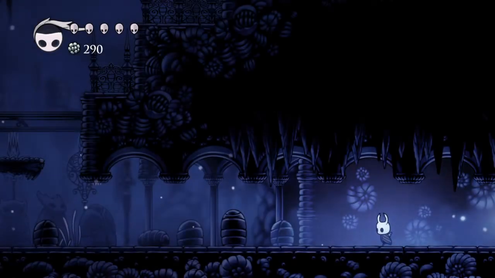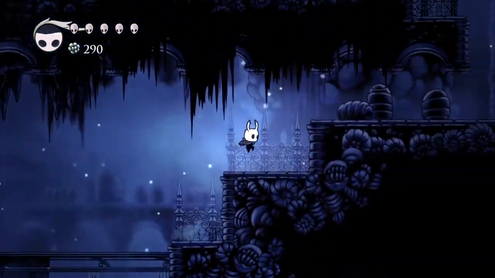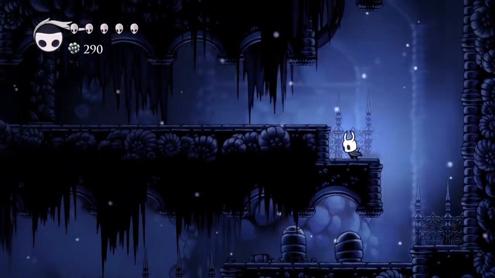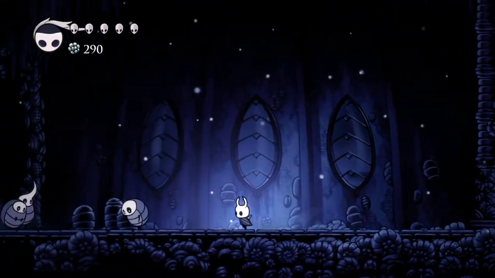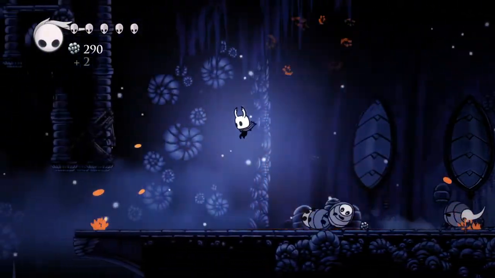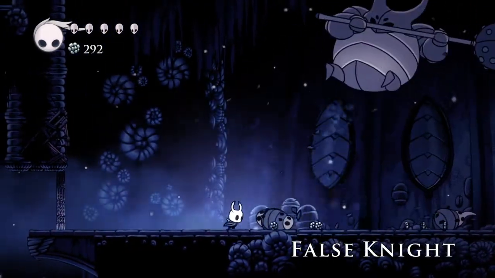So if we go over here, this is where you would normally fight the first boss, and it is the False Knight, right? Yes. This is just a quick tip for you if you need it to make this boss fight extremely easy for you every single time. If you go over here, you just attack these guys until you have the soul. You can just go over here and they'll die. This right here, after a certain point in the fight,